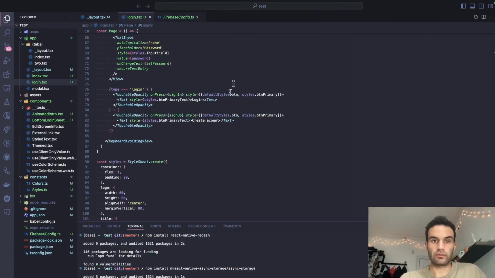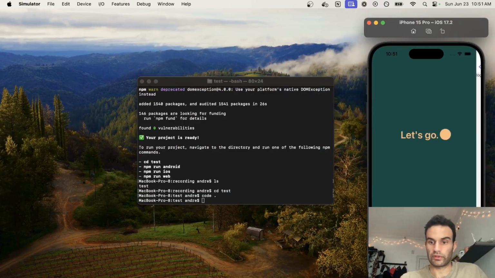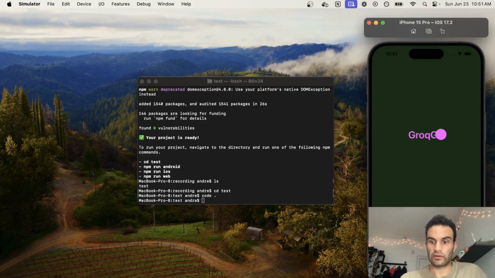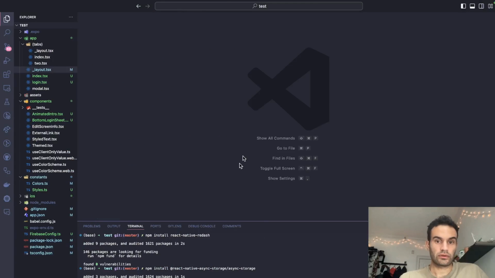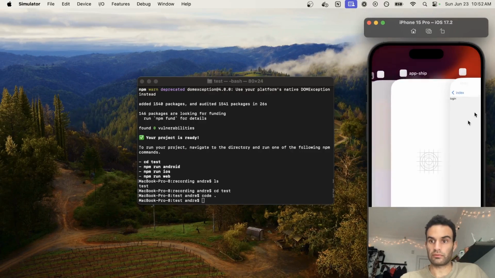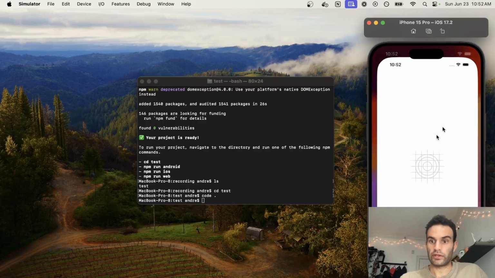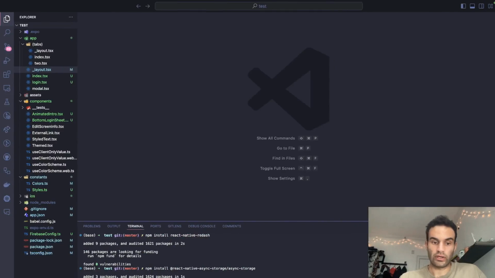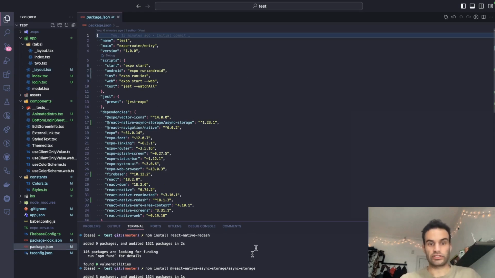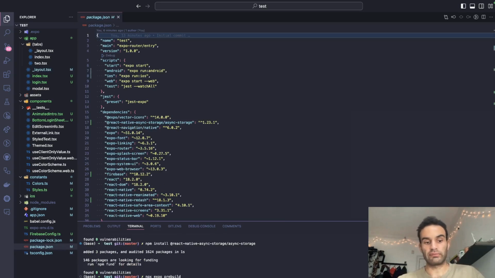So now let's see if this works. We do continue with email, and it routes to the old one for some reason. Let's see here. Maybe we'll reset the app. Async storage is null. Okay, so sometimes we install these packages, like React Native async storage as well as Firebase, a little bit later. And so sometimes we have to do expo prebuild. We have to prebuild